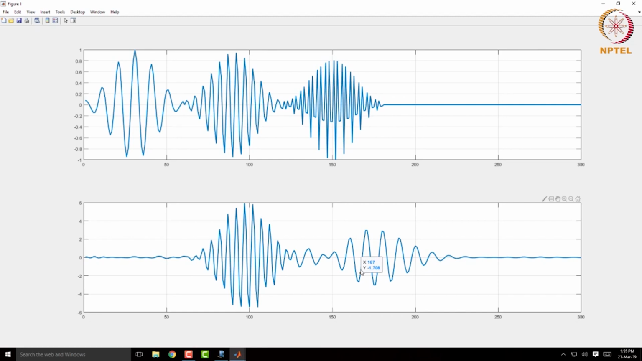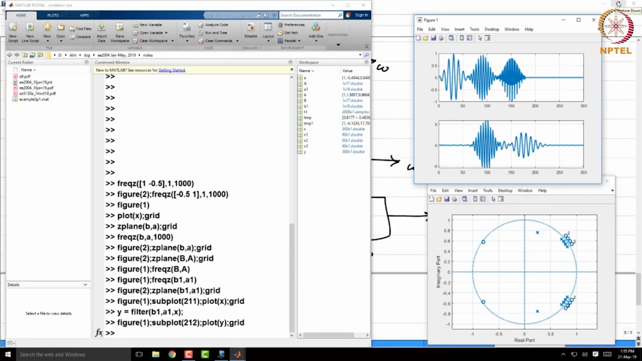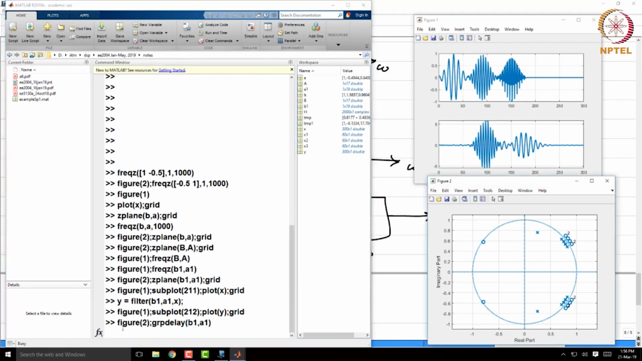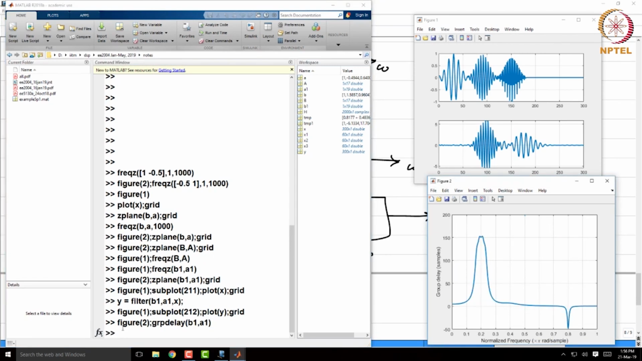Okay. Now, let us again use MATLAB's help, and then plot group delay. As I said, MATLAB can do anything you want short of those two items, eating your lunch and writing your quizzes. So, now let us plot group delay B1 A1, all right. So, this is the group delay here,